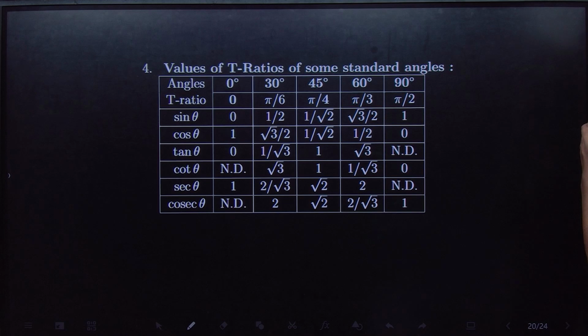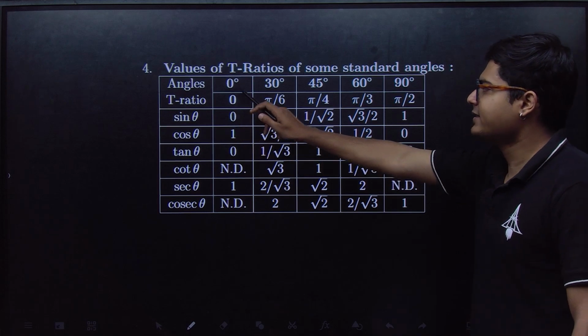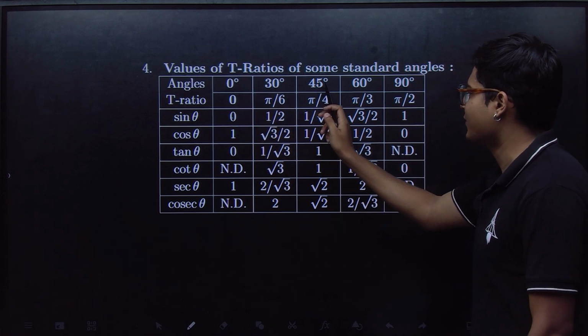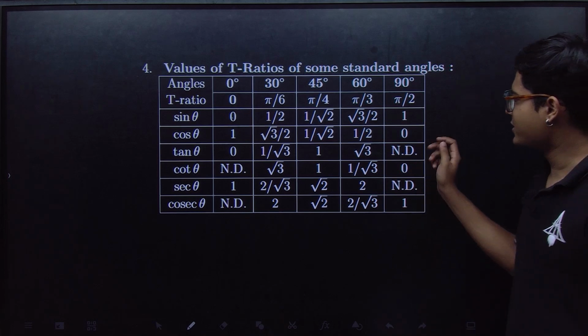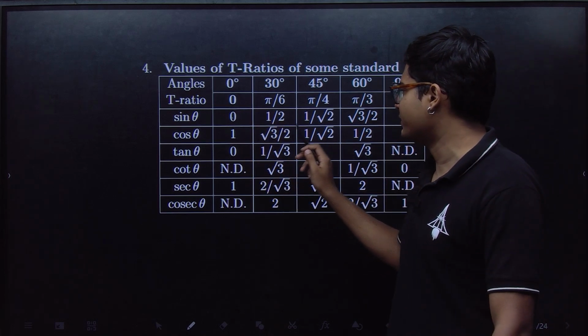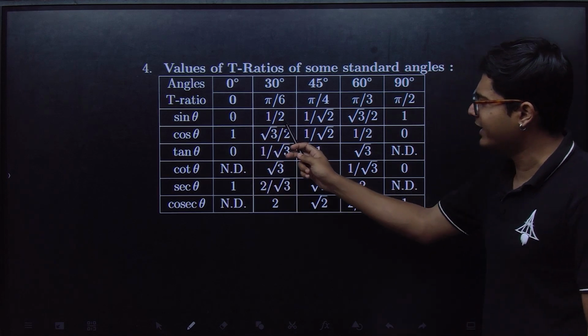Some standard angles and some standard values, okay? So if I look at sin theta: sin 0 is 0, sin 30 is half, sin 45 is 1 by root 2, sin 60 is root 3 by 2, sin 90 is equal to 1, right? Cos, basically you write this in the reverse order, so 1, root 3 by 2, 1 by root 2, half and 0. For tan, tan 0 is 0, tan 30 is, again you can just take the ratios of these